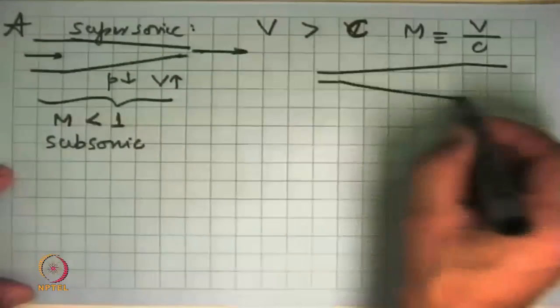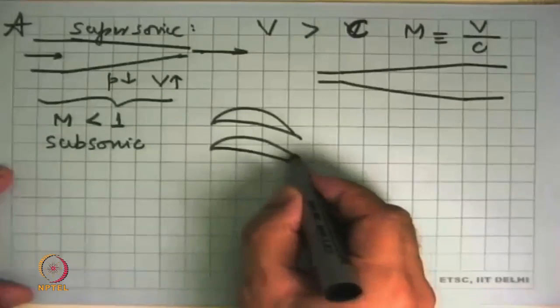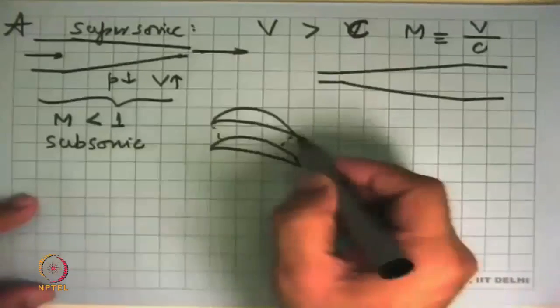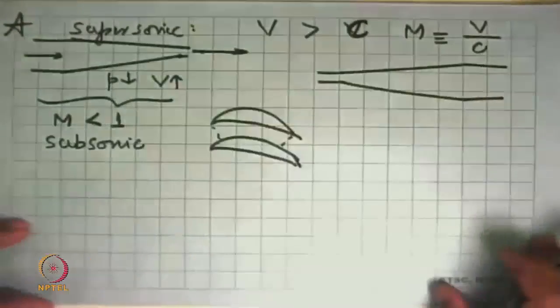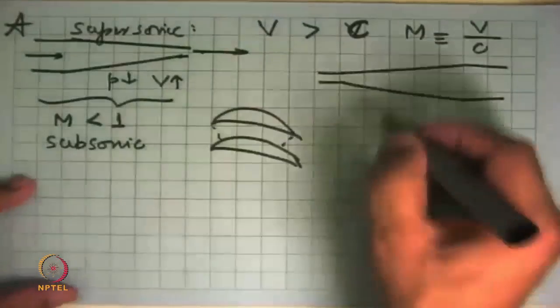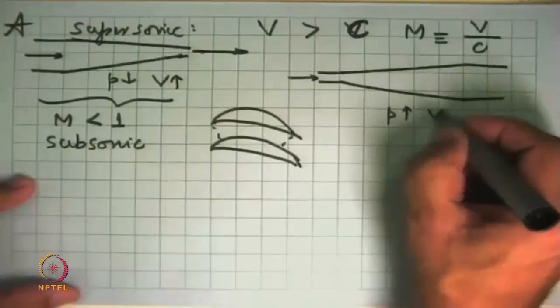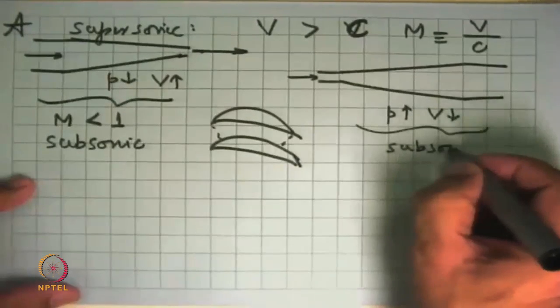If you have a passage in which area increases, and it need not be a passage like this. I showed you yesterday that if we make a turbine blade like this, two consecutive blades, you can make the shape in such a way that the areas could be equal, or areas in the direction of flow could be decreasing, or increasing. Either is possible. So here also, when we said that the flow goes in, pressure increases and velocity comes down, we have also assumed that this is a subsonic flow.